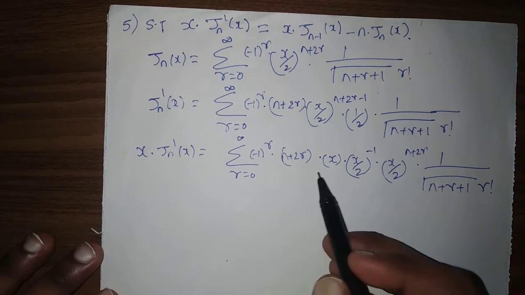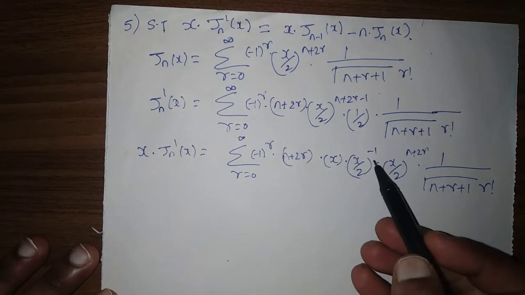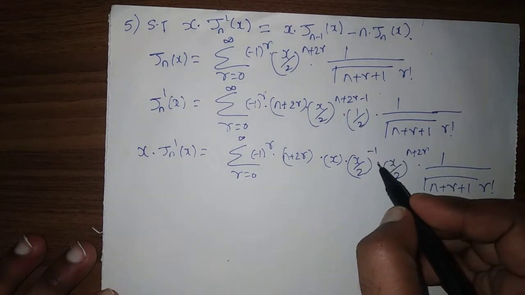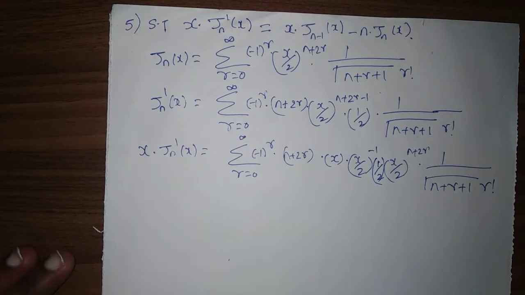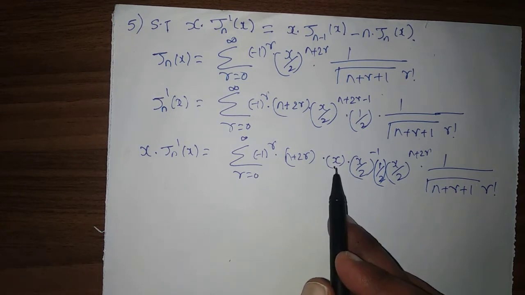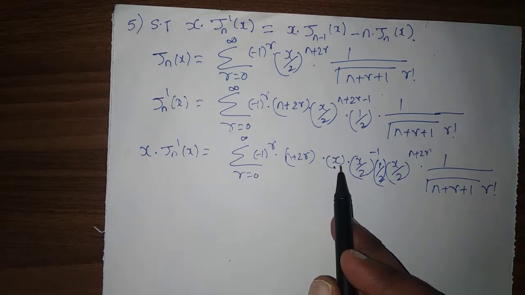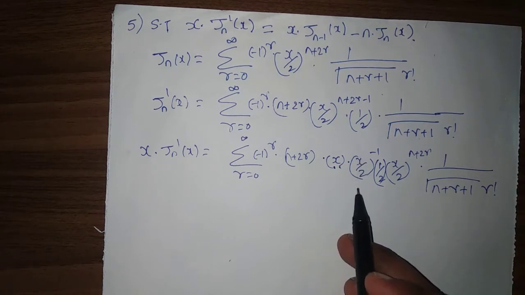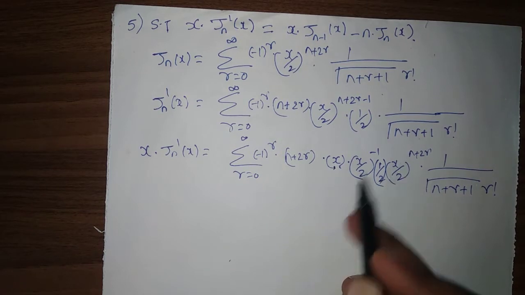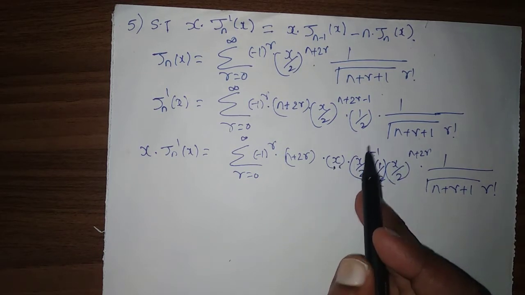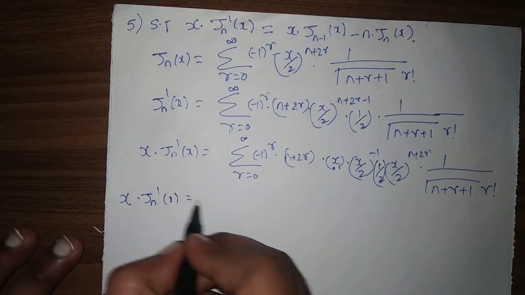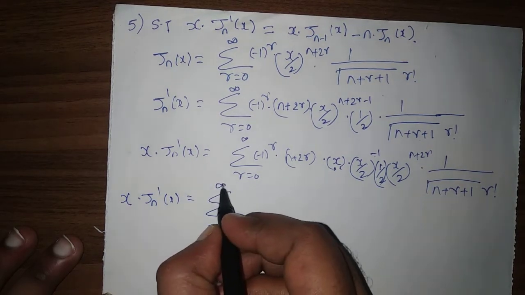Now if you just observe x by 2 to the power of minus 1, and you have 1 by 2, which I forgot here, this 1 by 2. So this is x and this is 1 divided by x by 2. So this term, everything cancels because you have power minus 1, it goes to the denominator. So you will get x into Jn dash of x as summation r varies from 0 to infinity, minus 1